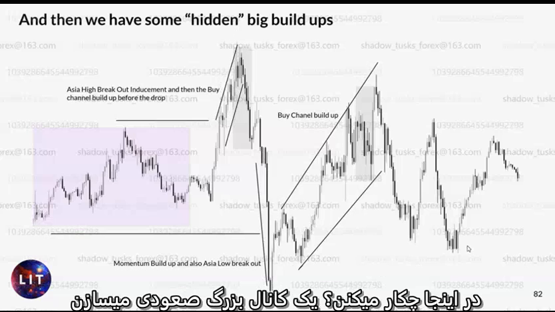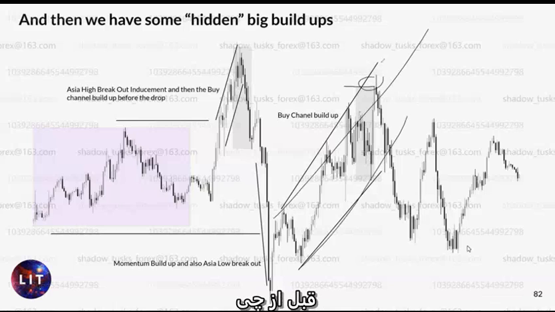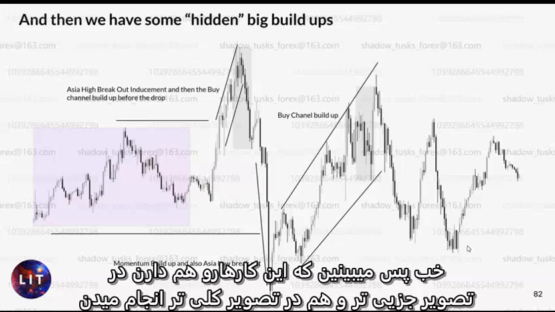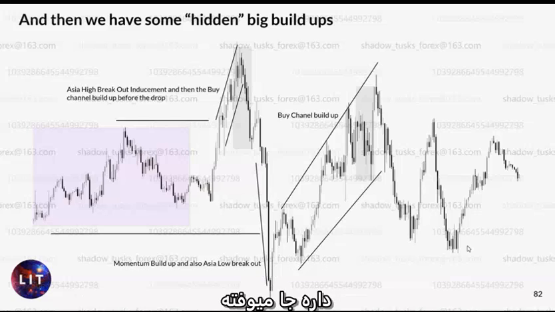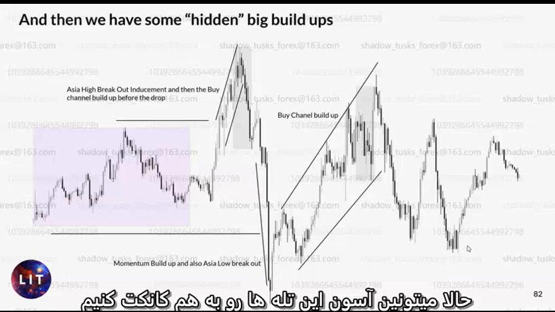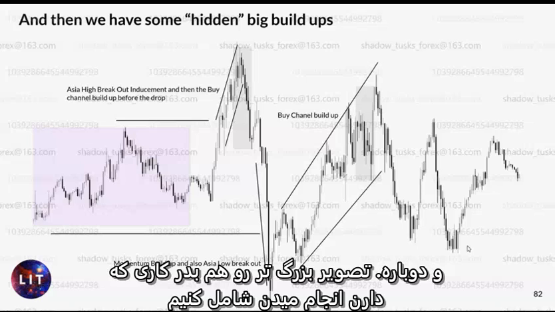What do they do here? Building a huge channel upwards before what? Final inducement to do what? To go lower. So you see they're doing it on the really detailed pictures and on the overall pictures. Starting to make sense. Starting how we can connect easily these type of traps, and again, including the bigger picture of what they're doing.